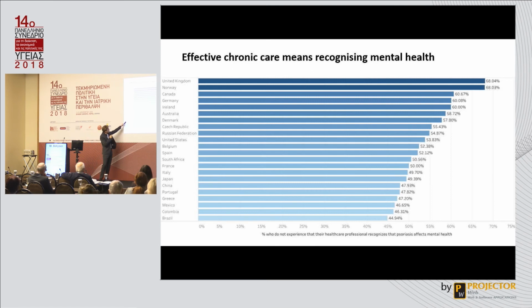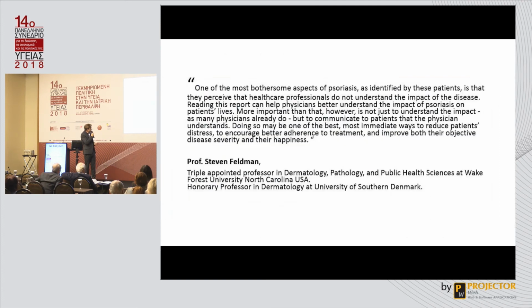Greece is doing relatively well compared to some of the other countries, and in our research we find that it may be due to the use of specialists in Greece, like dermatologists, who tend to be better at addressing these issues than GPs. So that's the hypothesis right now of why we see some variations. So what can we do? We've been collaborating with a dermatologist who says, and I think this would apply to not only psoriasis, but several chronic conditions and chronic care,